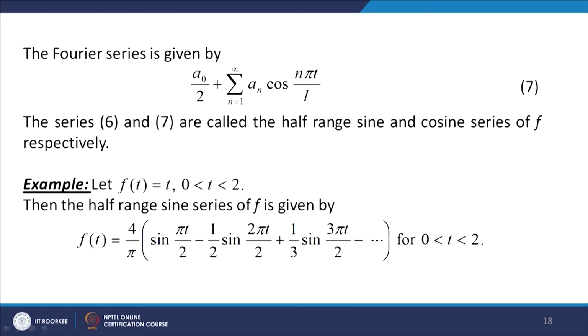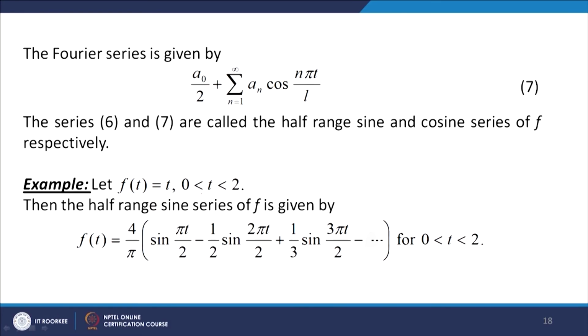The Fourier series 6 and 7 are called the Fourier half range sine and cosine series of f. For example, if you take f(t) = t, 0 < t < 2, then consider the half range sine series of f. For getting the half range sine series, we consider an odd periodic extension of f(t), and